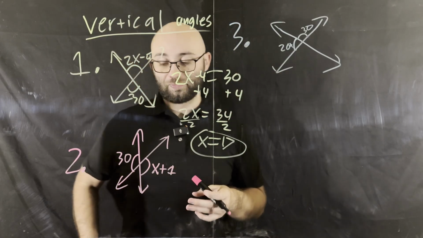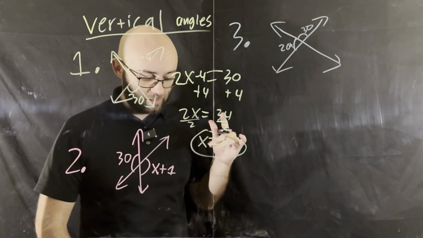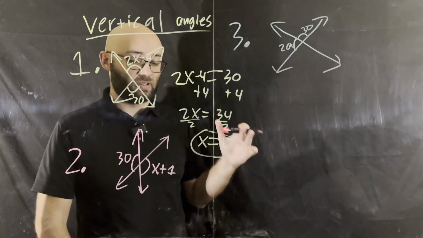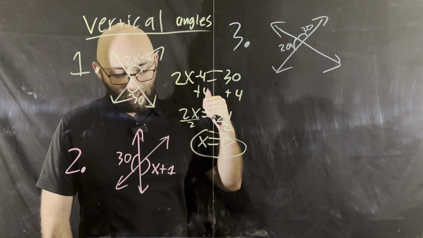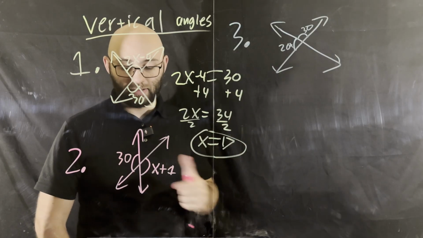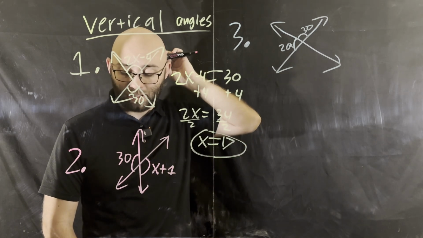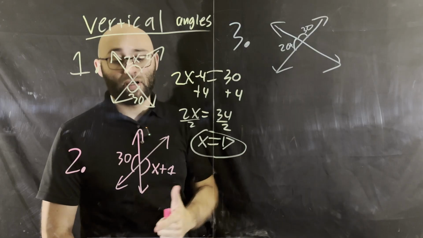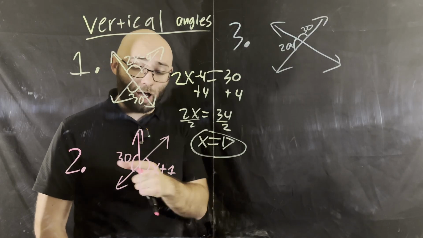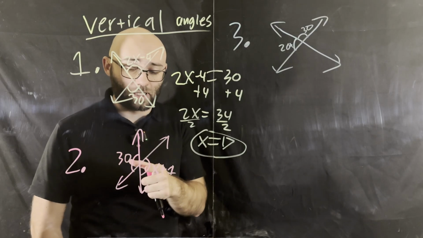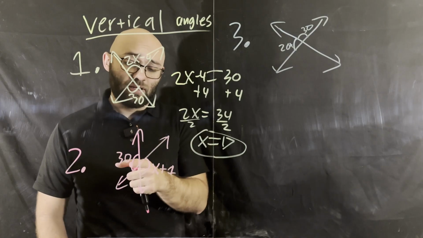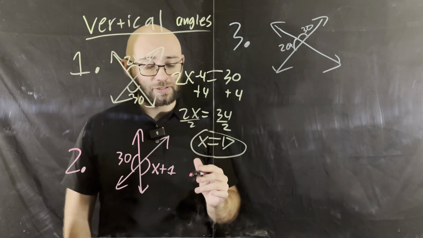Let's work on problem 2. Once again, never skip it. Ask yourself the question. Is it supplementary? Am I setting equal to 180? No. Is there any indicator that there's a 90-degree angle relationship here to where it could be complementary? No. Are they on opposite sides of an intersection? Yes, they are. They're on opposite sides, so it's a vertical angle relation, so I set them equal to each